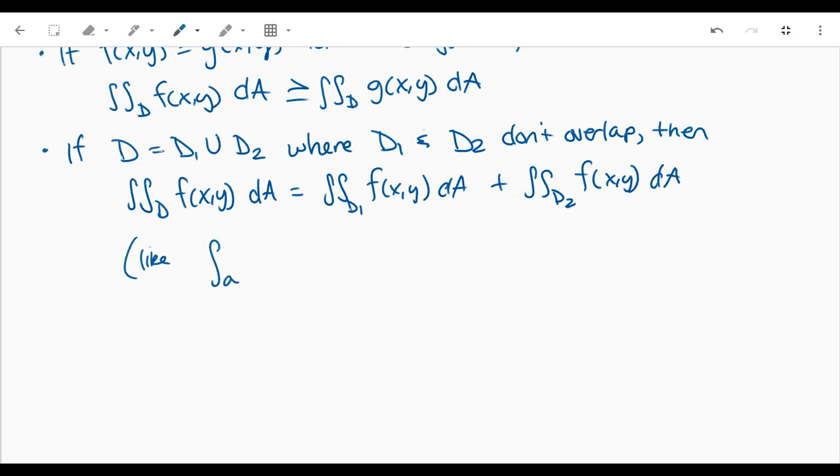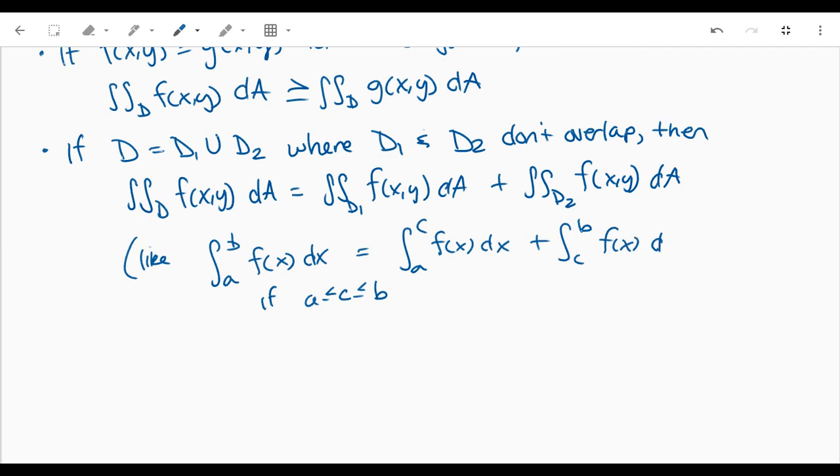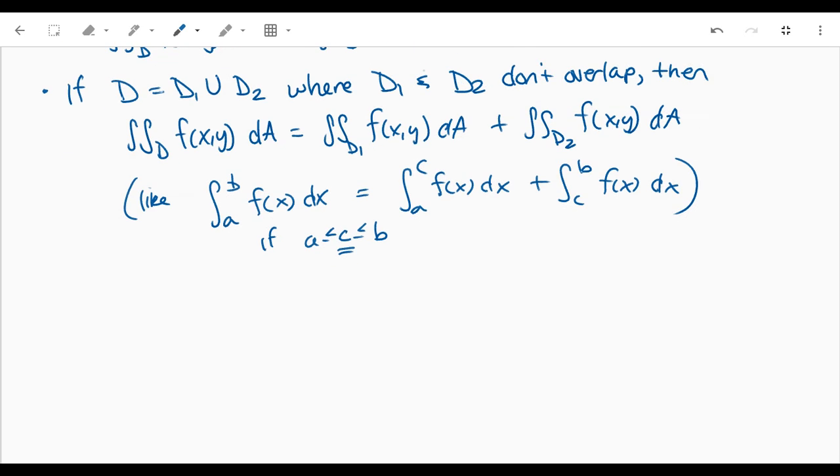So we had the integral from a to b of f of x dx. If c is between a and b, okay, then that'd be the integral from a to c of f of x plus the integral from c to b. Okay, so it's similar. They don't share a point of overlap, they share a boundary of overlap, which would be fine, okay? And that's useful